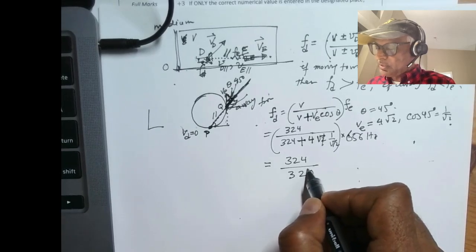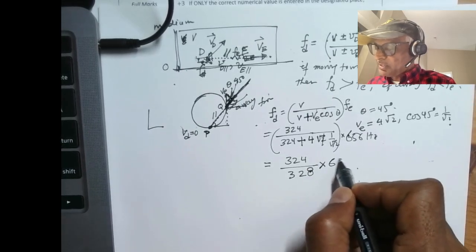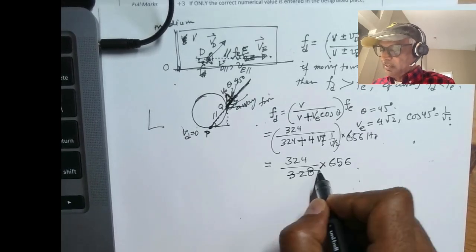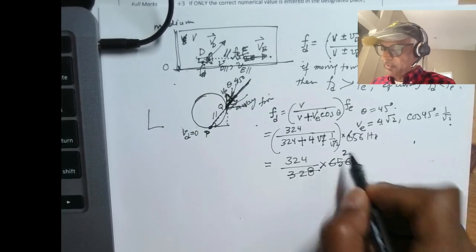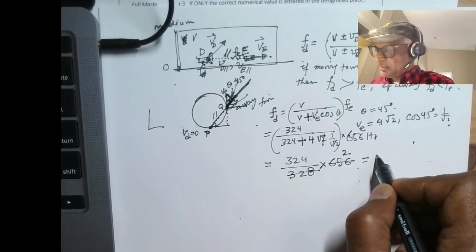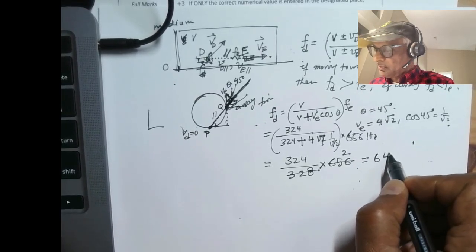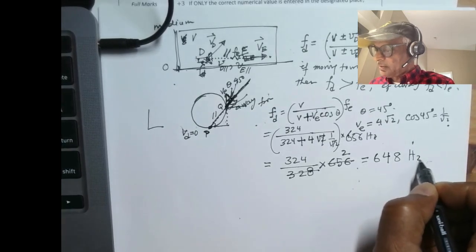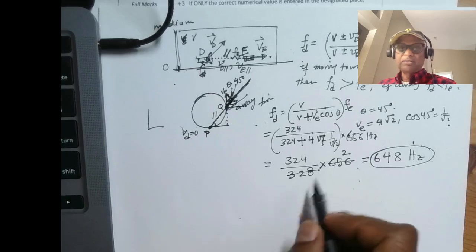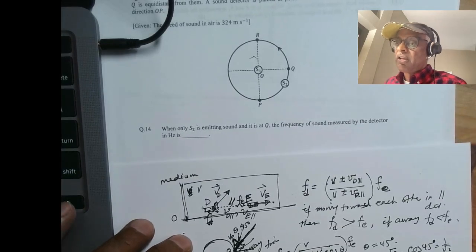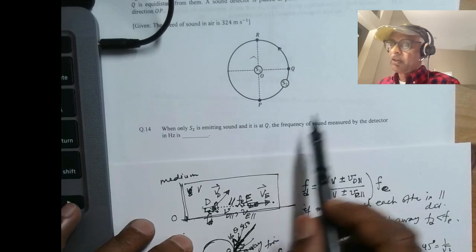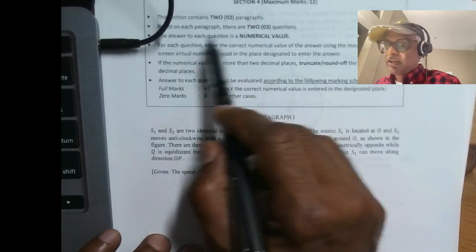And 328 times 656, and this is just a factor of 2, so we got 648 hertz. So that's the answer, and we're supposed to give the answer